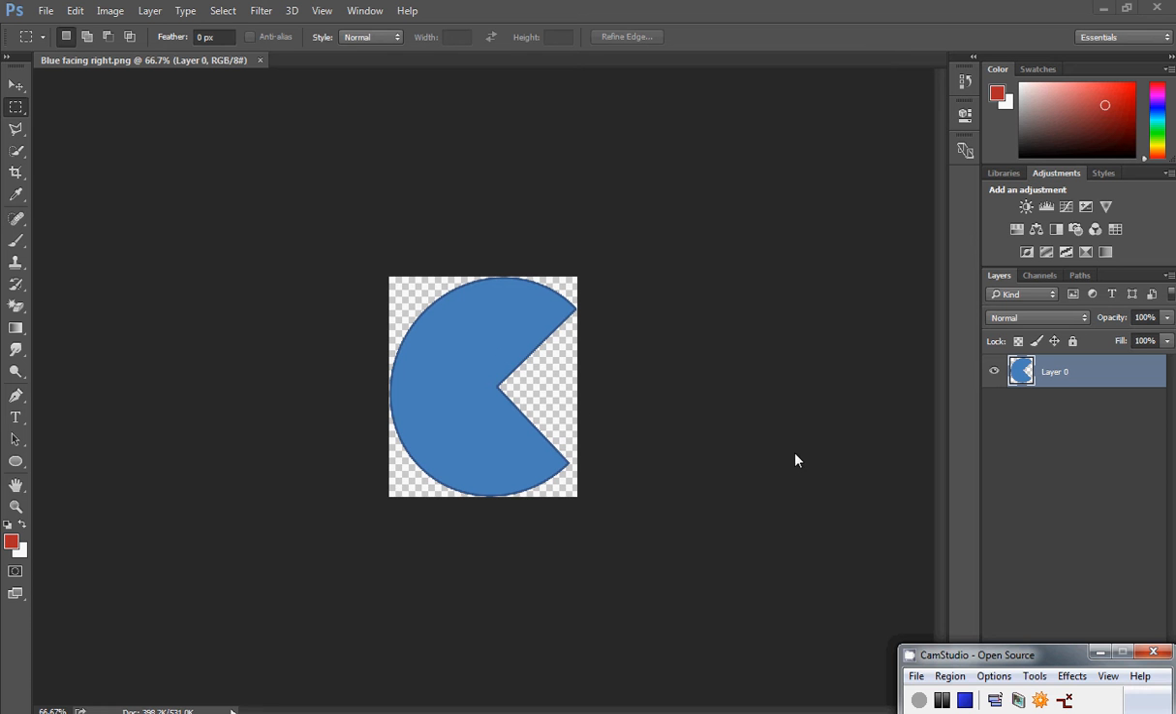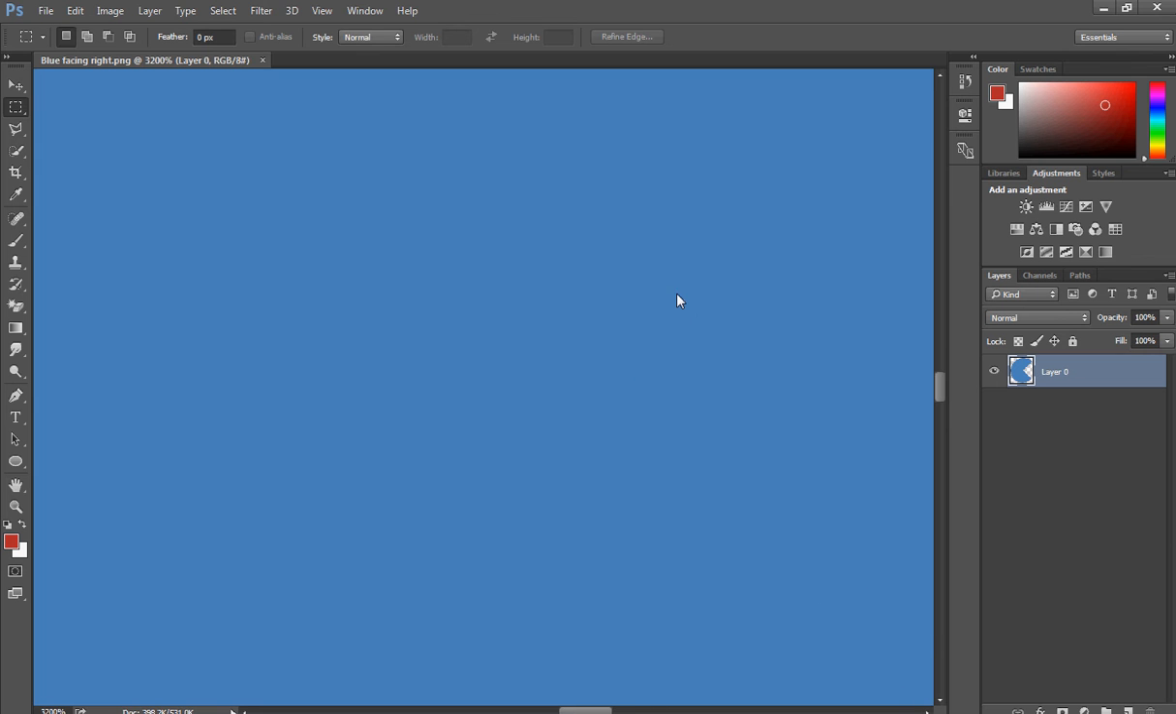What I've done here is I've opened up blue facing right in Photoshop because I want to have a look at him and try and explain about resizing the image. So here's the image, and if I zoom right in on it, then obviously it disappears into a whole morass of blue. If I move up to one of the edges,